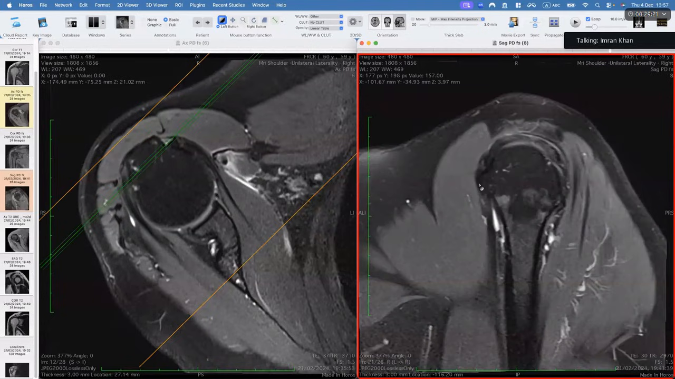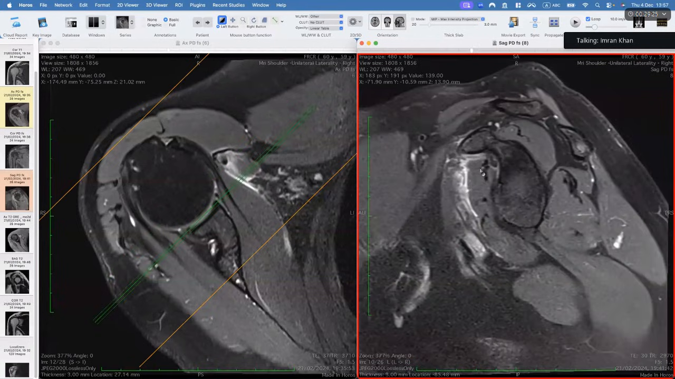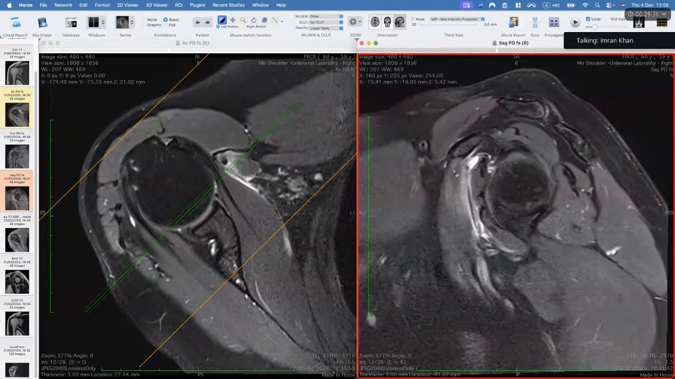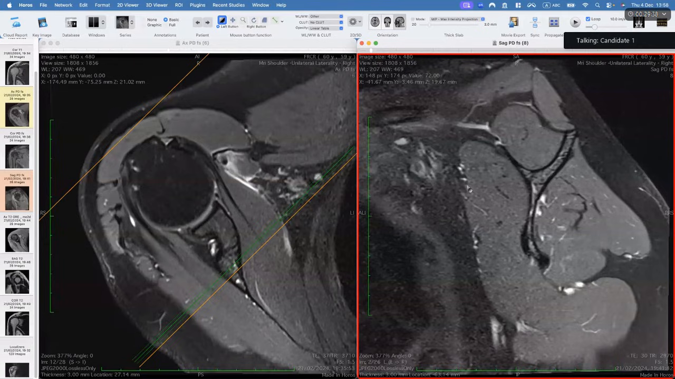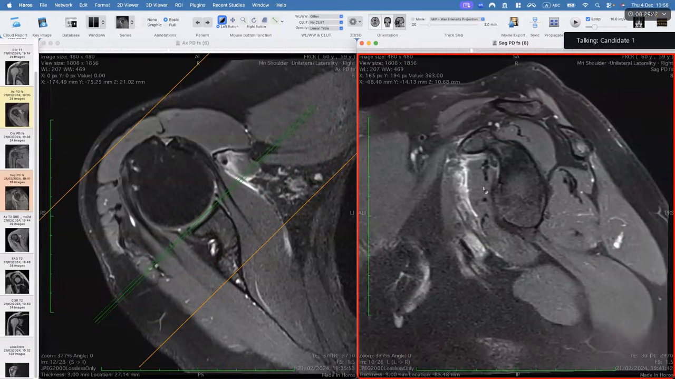Okay, what's going on? You need to describe it for me, please. I know you're saying that there's some edema, but there's a little bit more than that. What's going on? Where is it in terms of location? So it is at